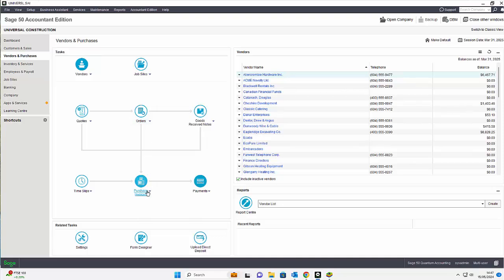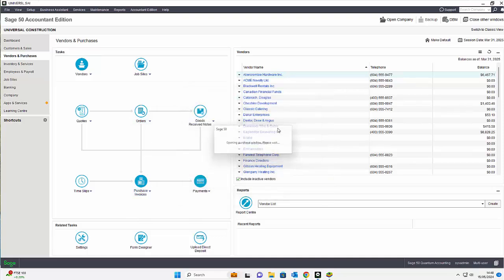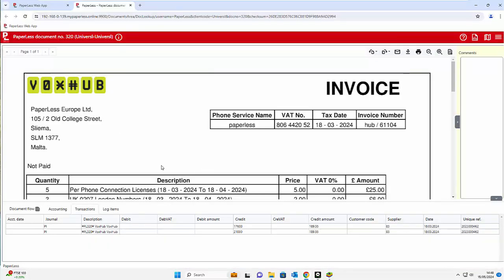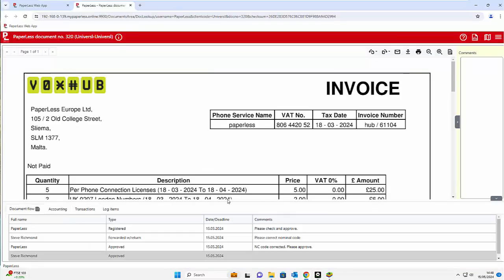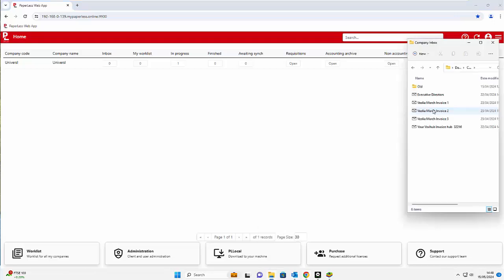If we now go into Sage and open Supplier VoxHub, as you can see, you have the transactions here, and by doing the live lookup, you have access not only to the document, but also to the complete audit trail of the approval process. This allows Sage users to know exactly who approved what, on what dates, and why certain changes were made, without ever having to spend time going through emails or through piles of paper to get access